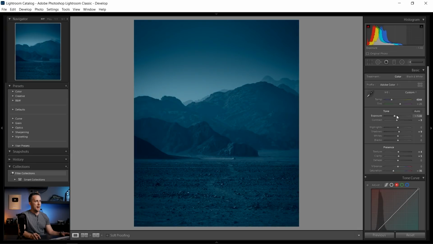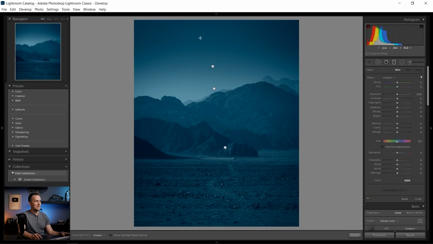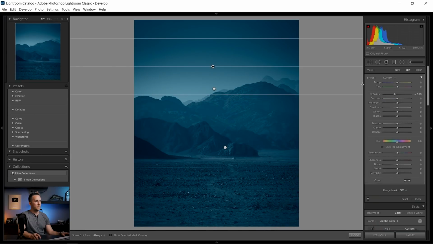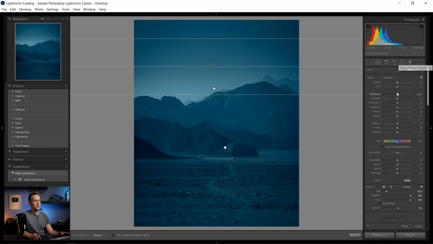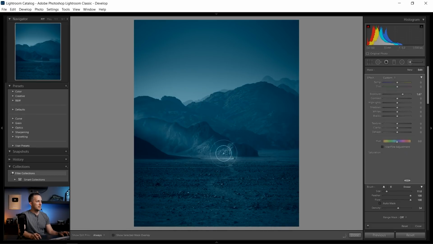Also we can maybe go back, and I see now maybe the sky is too dark, so I will go with this one and brighten it a bit. Like that. And also we can have fun. I'm doing this just for fun, so I will go with the brush right here. I can boost the exposure like that and make the brush a little bit bigger, and I can go like the moonlight is, let's go with density a little bit less, like the moonlight is